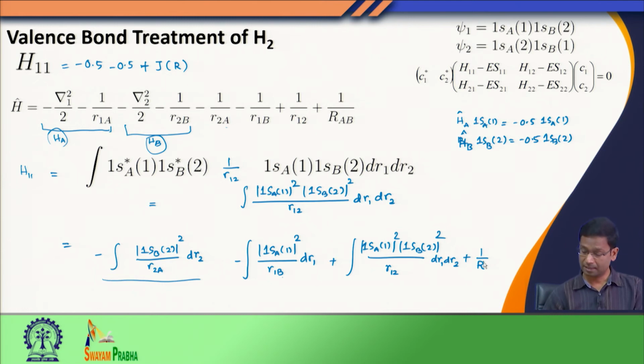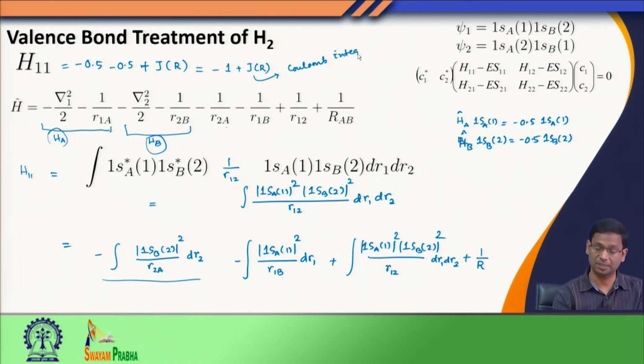You see that of course, there is a straightforward dependence of 1 over R, but even without that, all our electronic Hamiltonian that we have defined is with respect to a particular distance between the two nuclei. So, therefore, the value of this Coulomb integral will keep changing when you change the distance between the two atoms. So, together what we have got is that we have this term as minus 1 plus J of R, where this J is